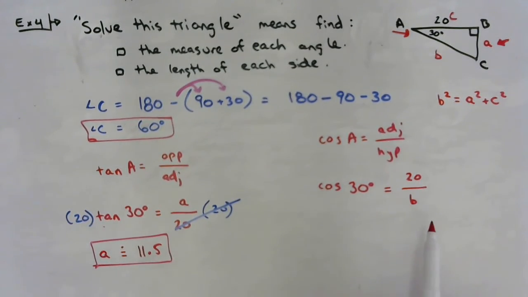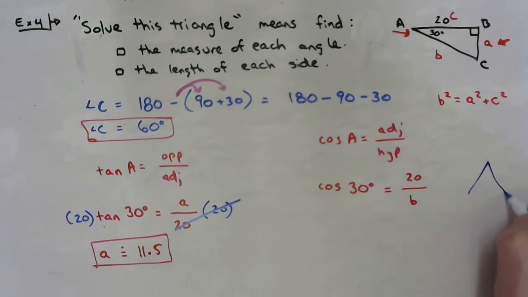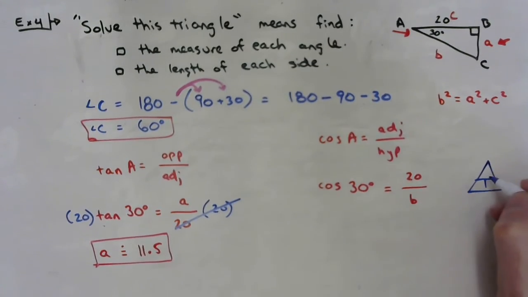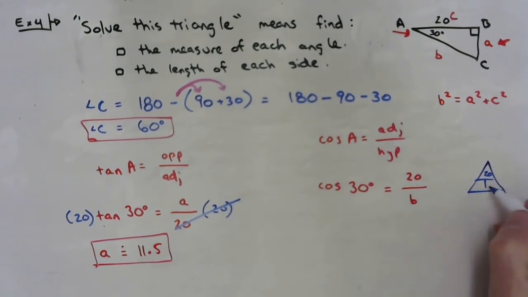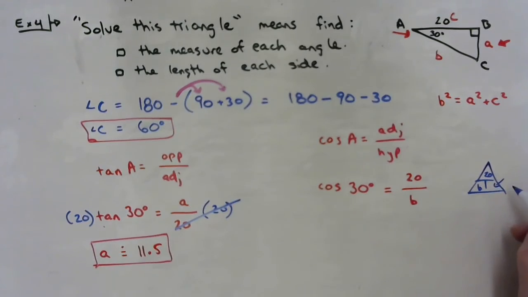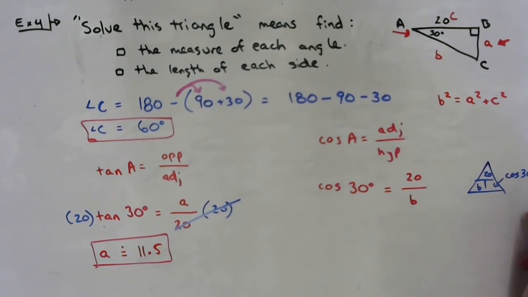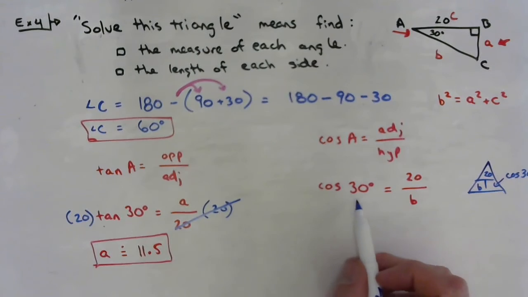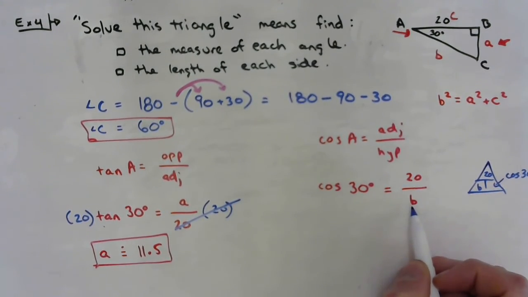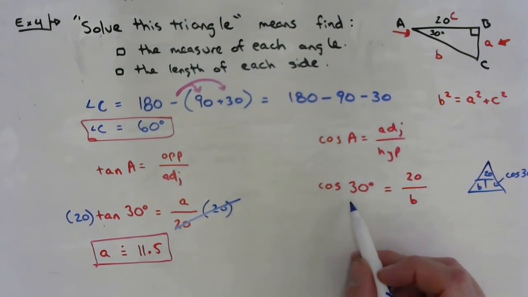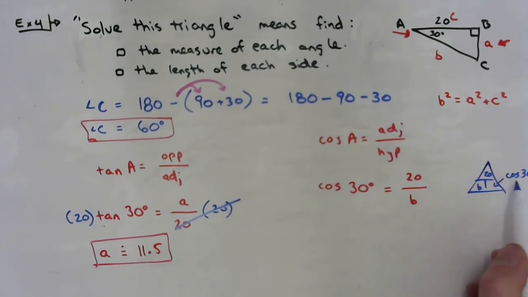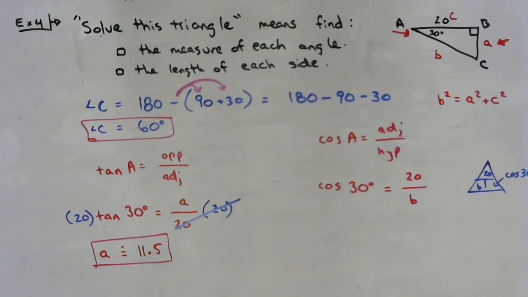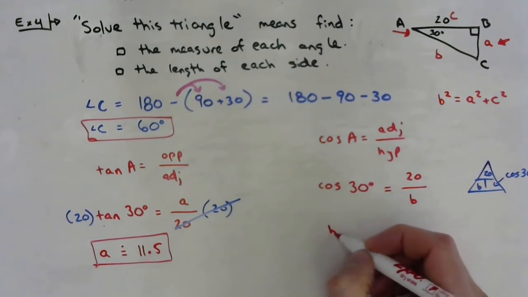Now, like yesterday, I would have to multiply both sides by B, then divide both sides by cosine of 30. But if I understand how my division triangles work, I've got 20 in the top, I've got B in the bottom, and I've got the cosine of 30 in the bottom. So if cosine of 30 equals 20 over B, then B equals 20 over cosine of 30. Okay? 20 over cosine of 30 equals B. So that's going to be my next step. B equals